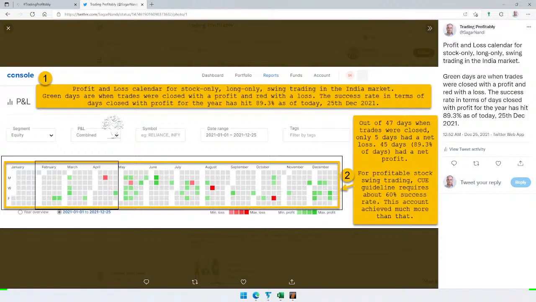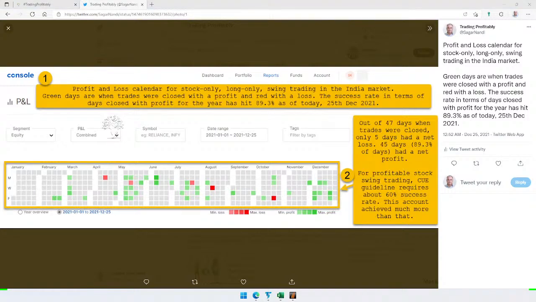What do we see? We see a calendar plot. Green colors indicate those days trades were closed with profit, one or more, we don't know from this plot. This just says on that day we had a net profit, and red means on those days we had a net loss. If we take that as a calculation, days closed with profit and days closed with loss, at the end of the year this account has